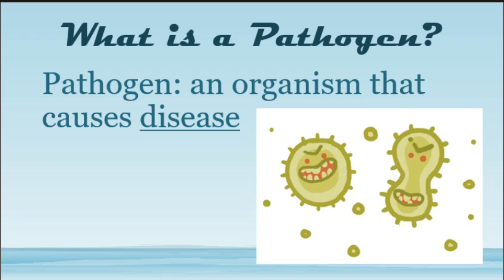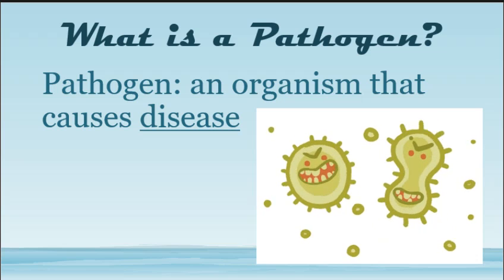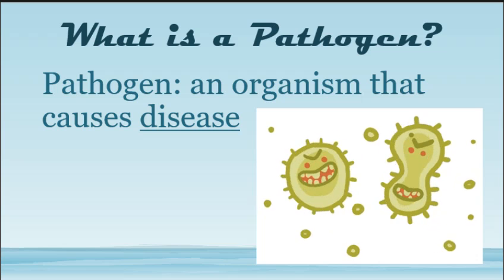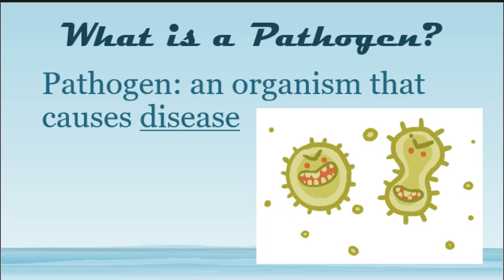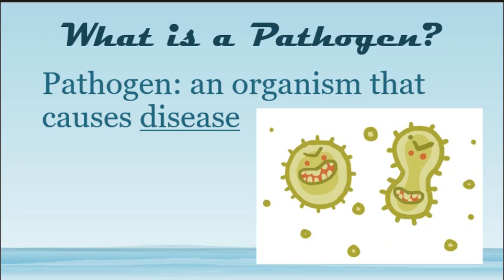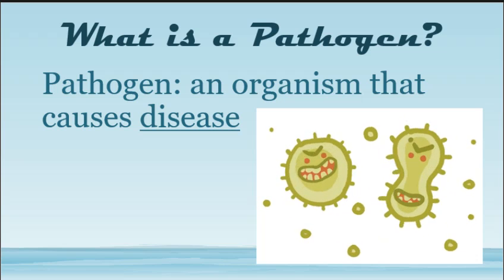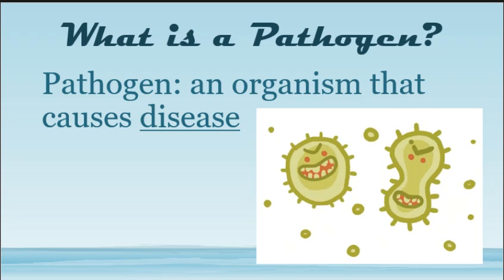Okay, so here are some of our nasty little pathogens out there that will invade. Has anybody ever had strep throat? Yeah, that's when they invade the back of your throat right there and they take over. And with strep throat in particular, it causes your white cells to show up and it causes pus to form.